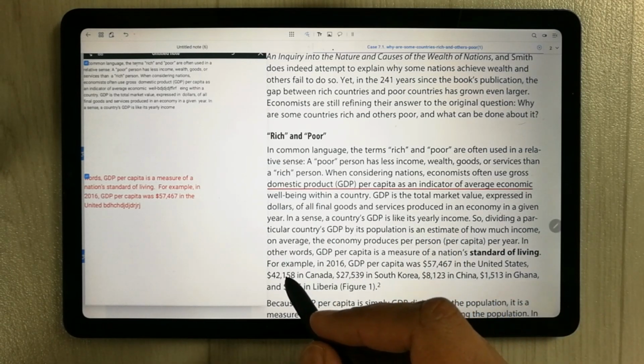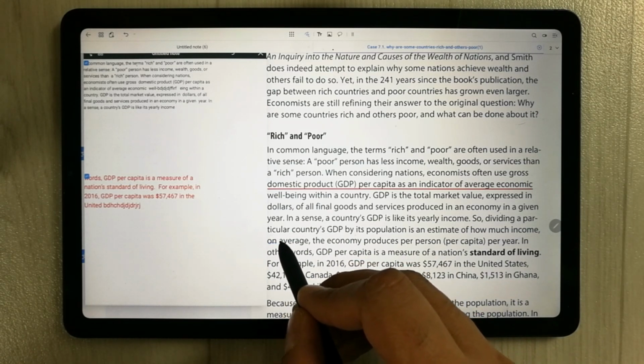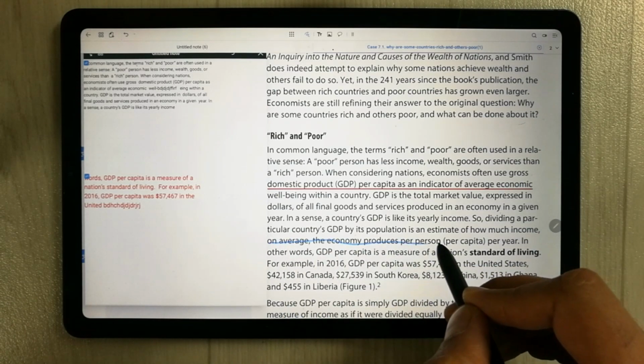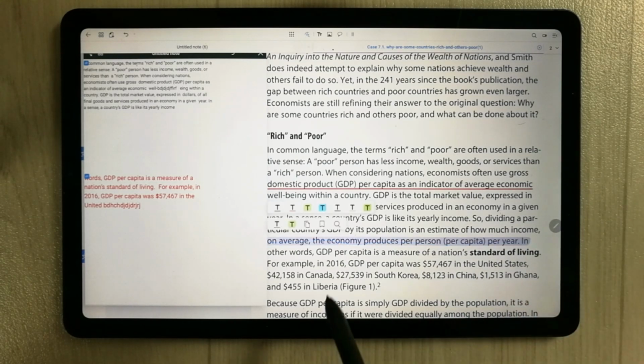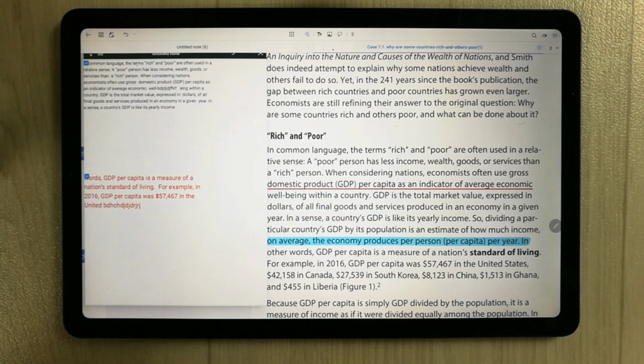And then for example, if I want to highlight the text, only the highlight. Okay, so for example, I put it like this. Okay, and then it will ask me for the highlight option. So for example, I select this one. So you can see the text is now highlighted. So this is the second thing.